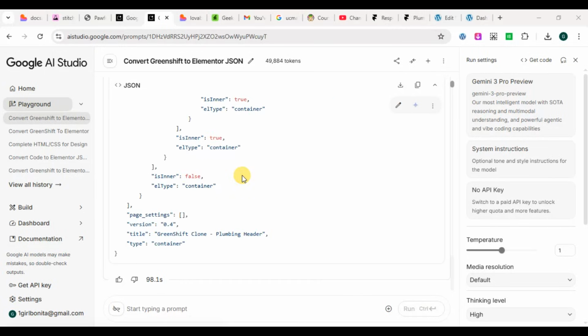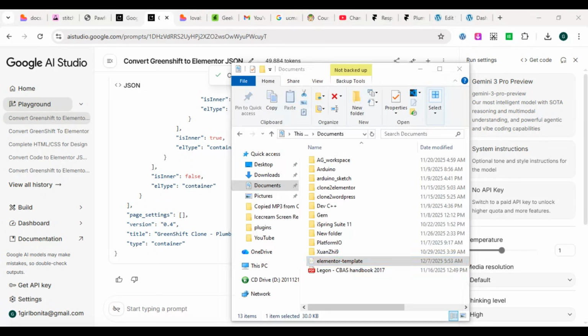Gemini is done cloning our website, and it did that in just about 30 seconds. Now we're going to simply copy the code. Do not download. When you download the Clone2Elementor extension, you will get everything that I have mentioned in this video, so do not worry. Now, after copying the code, you will have a file like this, a JSON file, an